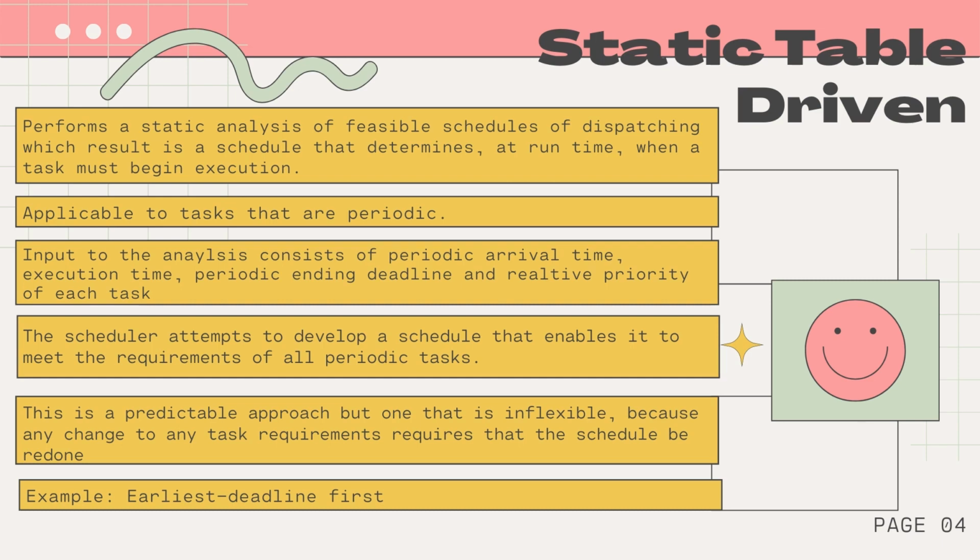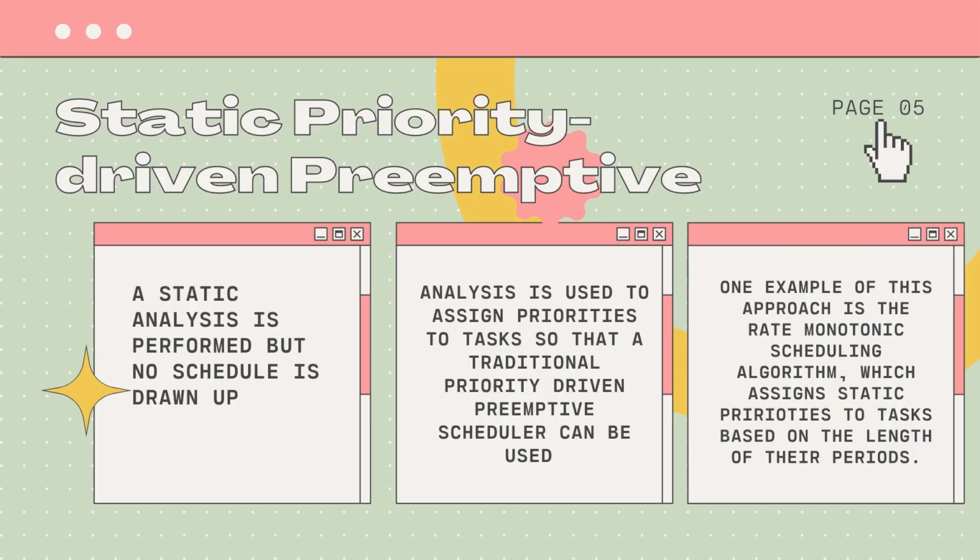This is a predictable approach, but one that is inflexible, because any change to any task requirements requires that the schedule be redone. For example, earliest deadline first. Static priority driven preemptive: it is a static analysis that is performed but no schedule is drawn up. This analysis is used to assign priorities to tasks so that a traditional priority driven preemptive scheduler can be used. One example of this approach is the rate monotonic scheduling algorithm, which assigns static priorities to tasks based on the